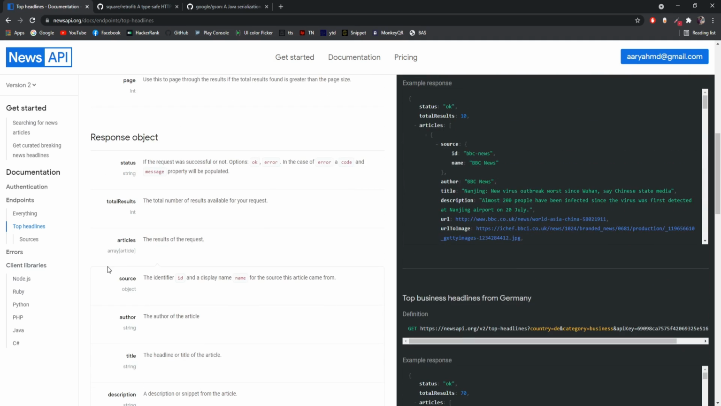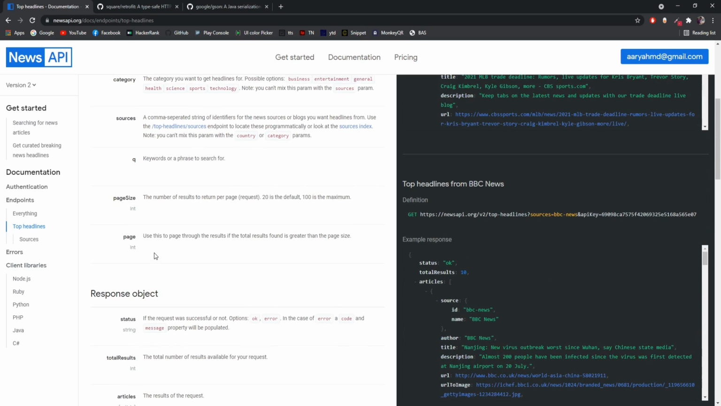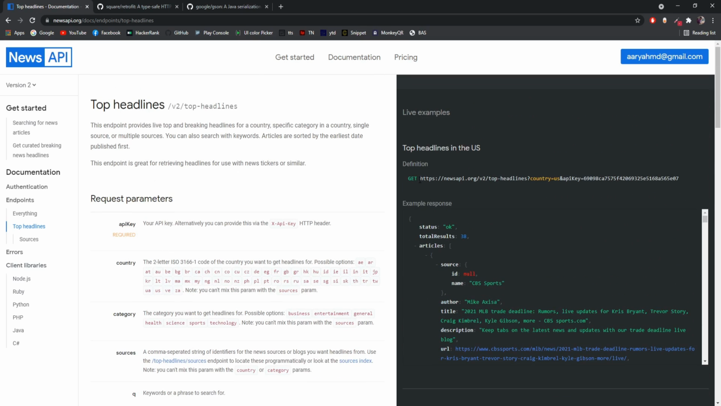Alright, and under this we have the documentation of the response objects. We will get a status which is a string type, and we'll also get totalResults which is an integer, and we'll get the articles which will be an array of the type article. Inside the articles we will get the source, author, title, etc. You can read all of them, and from here we will get the URL of our API, and this will be a GET method. So from here, let me just copy this URL,